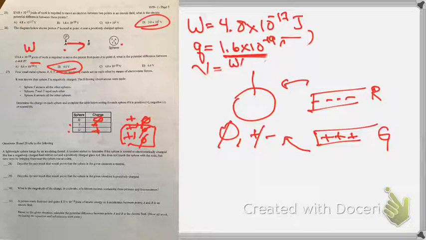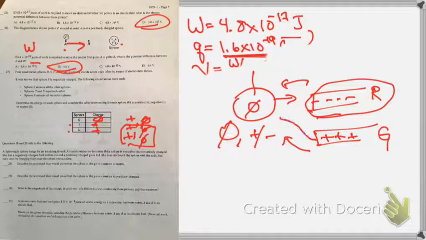Describe the test result that would prove that the sphere in the given situation is neutral. Well, if it's neutral, all right, and we bring this one near it, what would happen? It would be attracted. If it was neutral and I brought this one near it, it would also be attracted. So the test would be if it's attracted to both